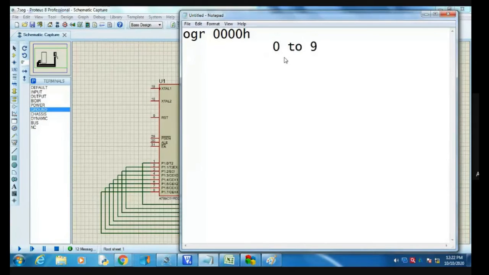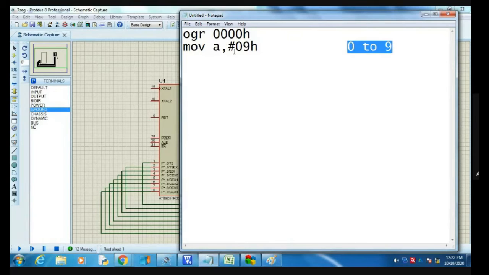So my accumulator is considered up to 0 to 9. I'm going to initialize the accumulator with 9, which is MOV A, #09H. Whatever the maximum value is, it is counted up to 9.